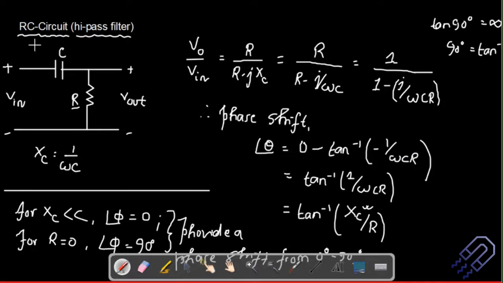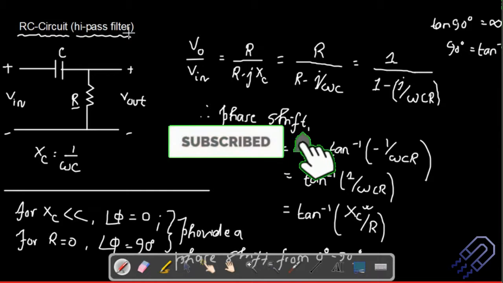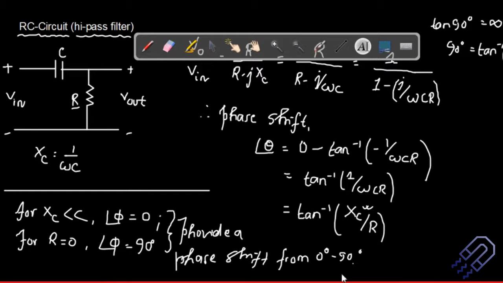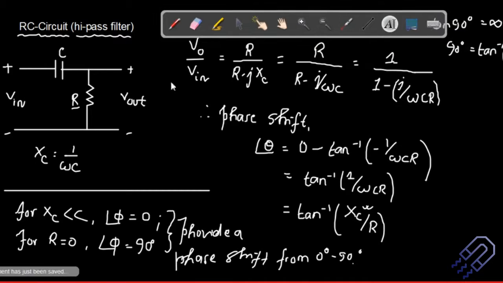This RC circuit which we have in the feedback form is nothing but a high pass filter. Our aim is to see how the phase shift of 180 degrees happens in an RC circuit. If you look into a typical RC circuit and do some calculations for finding out the phase shift, we see that the phase shift in an RC circuit varies from 0 to 90 degrees. What we need to remember is that because of the loading of the previous circuit, we may not get exactly 90 degrees as the phase shift. So if we use two RC circuits, theoretically we do get 180 degree phase shift.